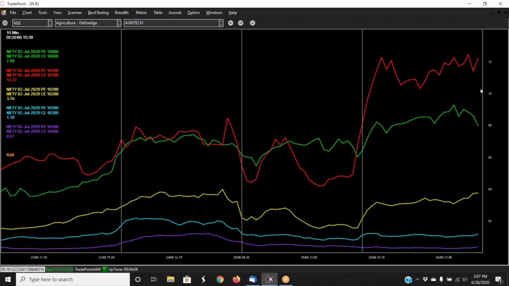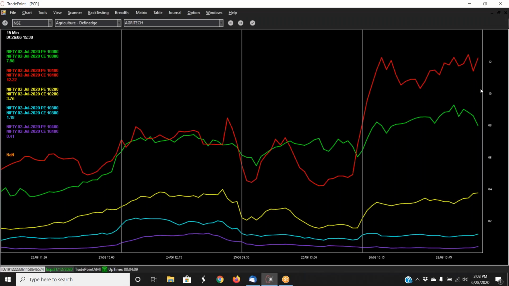10,300 plus, and yet the put call ratio is only 1.1, so that doesn't give me too much comfort. Even 10,200 is good enough, so that will be a good support. In fact, I think last week's low was just below 10,200. So as long as Nifty is above 10,200, it is strong. But the day it closes below 10,200, these put writers will be in trouble and they might cover.